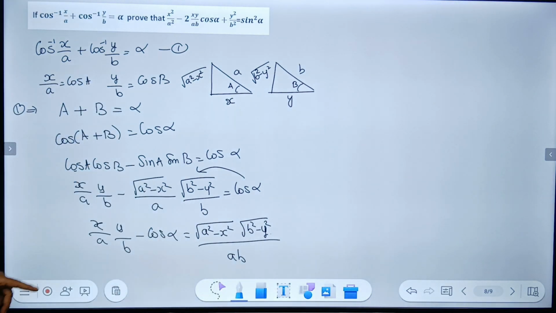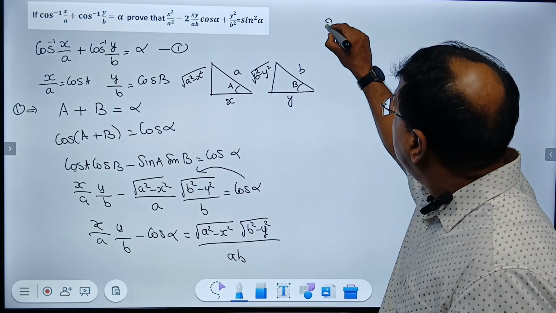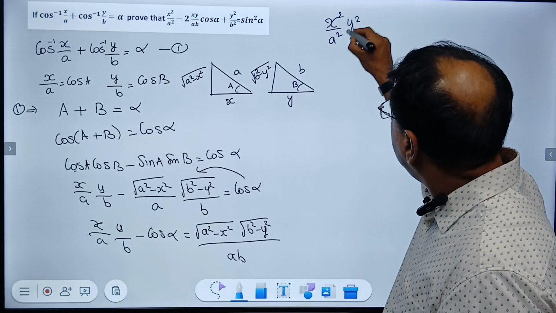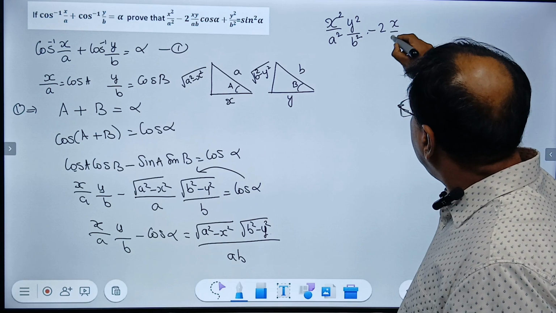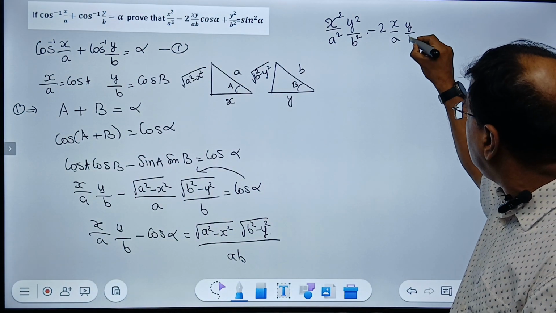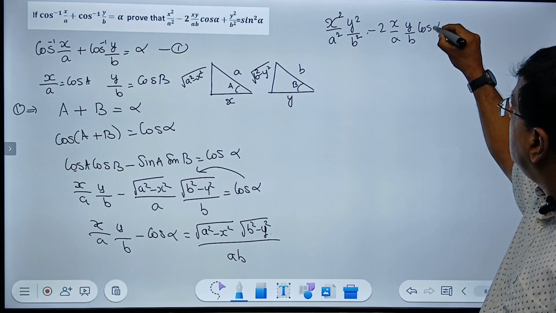By ab. Now what do you do? Squaring both sides. What is a minus b whole square? A square. This I am still in a square. Okay. A square minus 2 a minus 2 a is still there. This is a. 2 a b. B is cos alpha plus b square